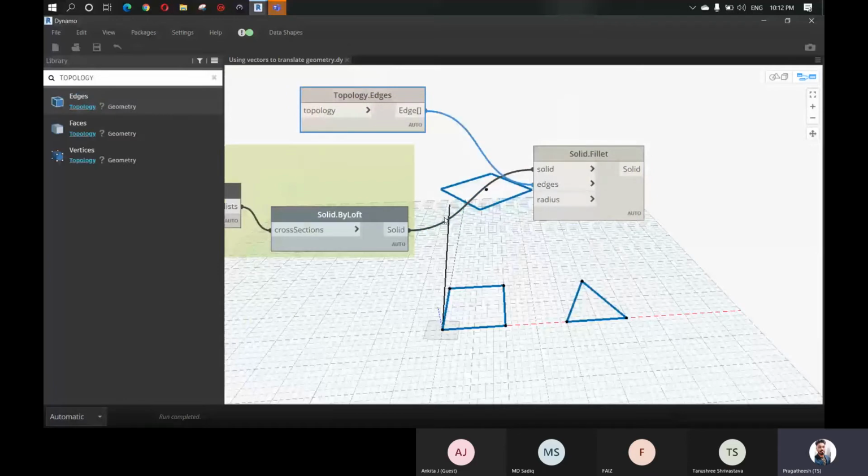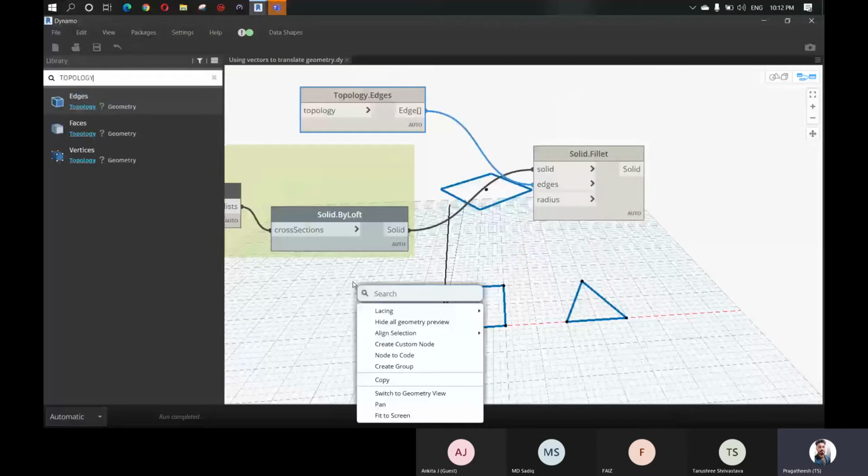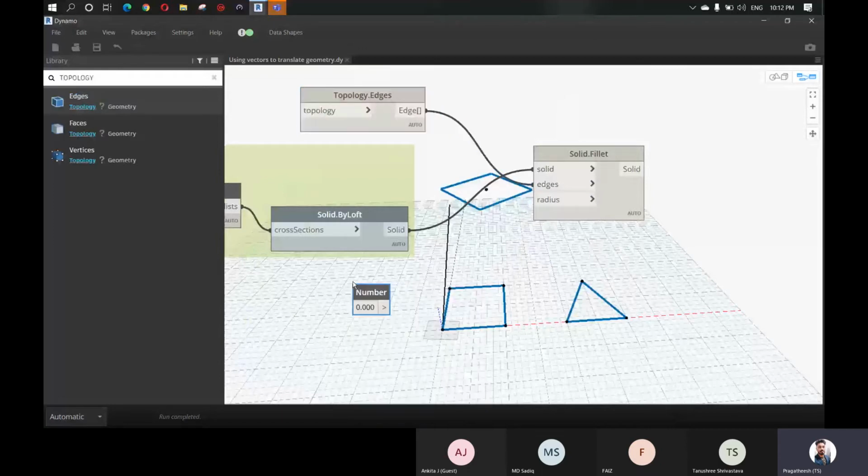Okay, next you want to give a radius. So let's say I'm just using a number node to give a radius. Let's say I'm giving a radius of 1 and connect this to this. Okay, we are getting an error.